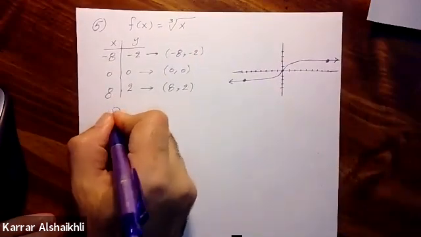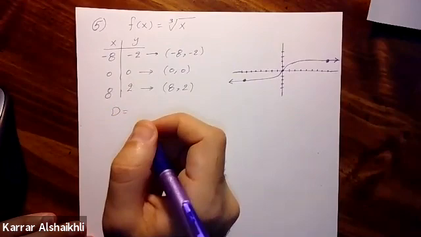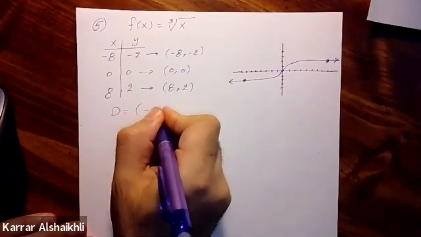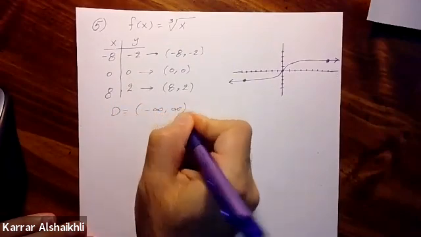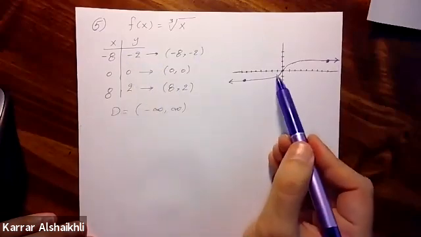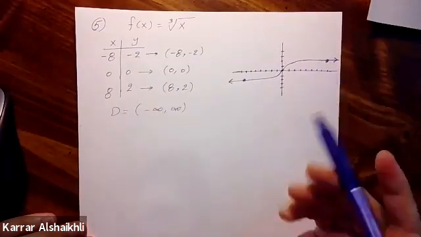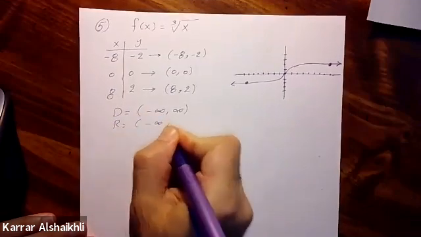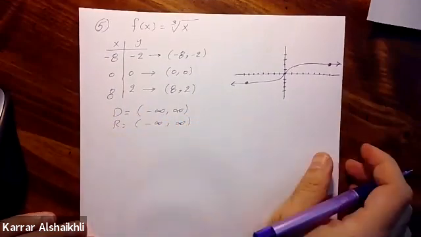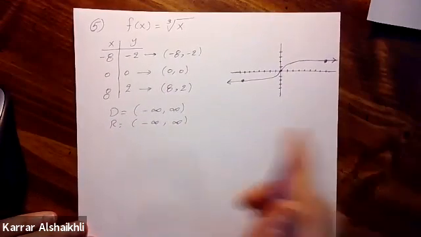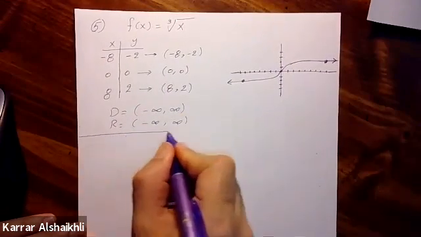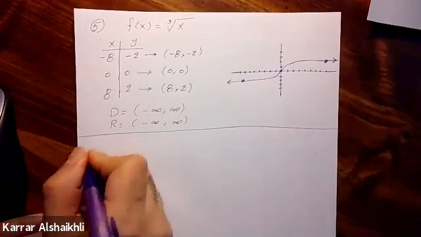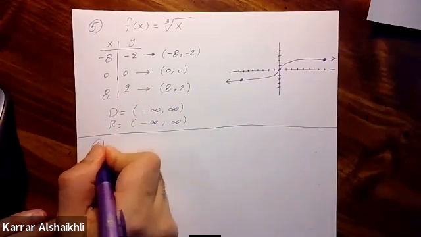The domain, always the domain for this function, is from negative infinity to infinity, because you can choose negative numbers and you can choose positive numbers. The range, the result also is going to be negative numbers and positive numbers. That's why the range is also from negative infinity to infinity. This is number 5. And the last function, number 6,